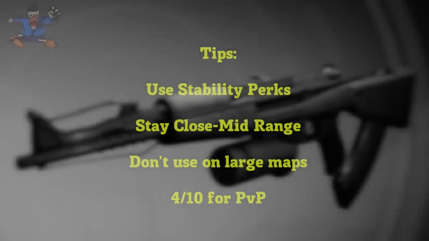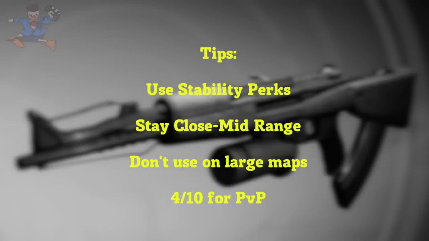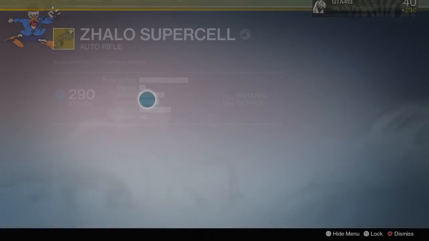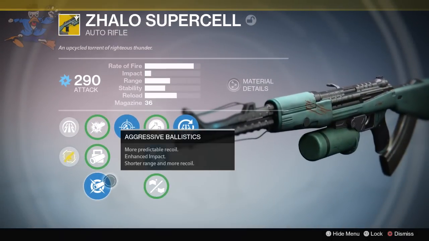So to summarize, I would use the stability perks on this weapon, stay close to mid-range on maps, do not use it on large maps by any means, and overall I'm going to give it a 4 out of 10 for PvP. Alright, so moving on to the PvE portion of this review,